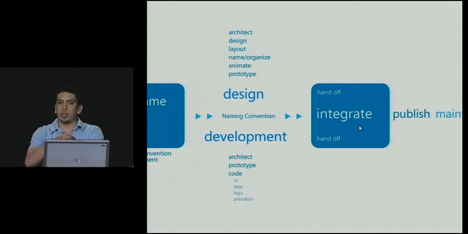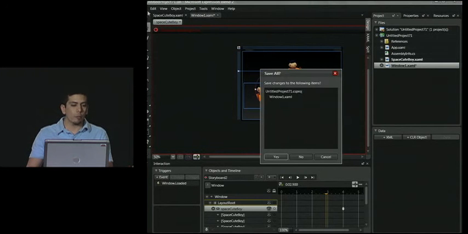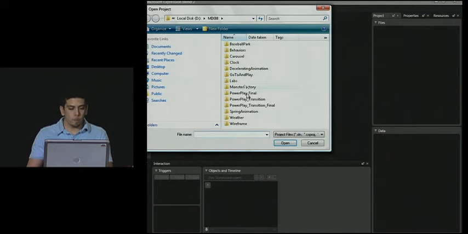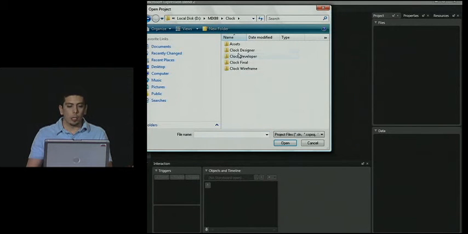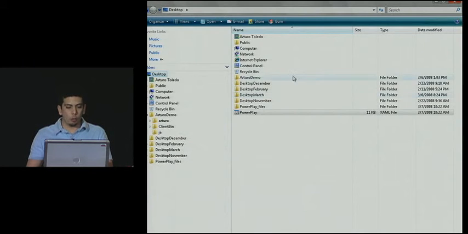Both designers and developers bring in their files together, and then they publish. So let me drive you through how one of those would look. I have a clock application here, so let's go to the wireframe. And I will also show you,